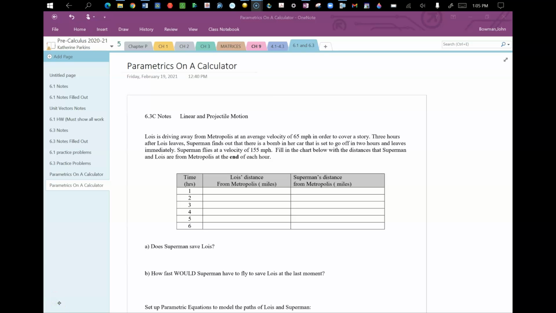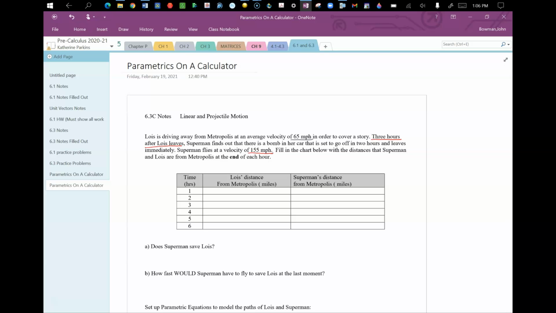So we're going to start out with a superhero example. In this scenario, Lois is driving away from Metropolis at an average of 65 miles per hour in order to cover a story. 3 hours after she leaves, Superman finds out that there is a bomb in her car. Oh no. That is set to go off in 2 hours and leaves immediately. Superman flies leisurely at 155 miles per hour. We're going to fill in the chart below with the distances that Superman and Lois are from Metropolis at the